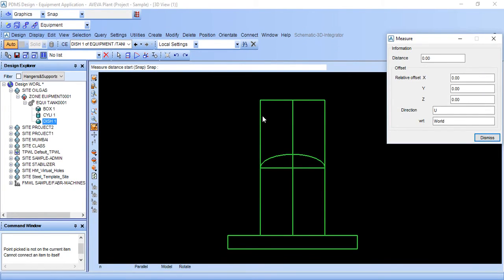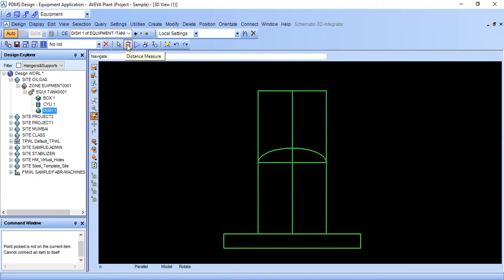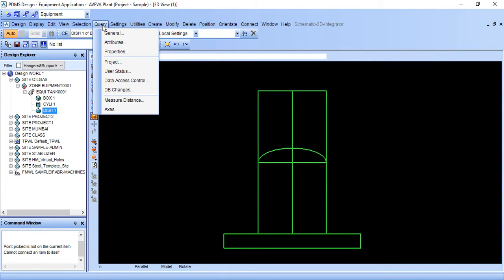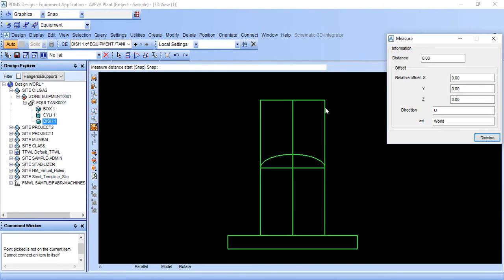If you don't know the distance between these, you can measure this by clicking measure here, or go to this and measure distance. Just measure the distance. So it is showing 1000.